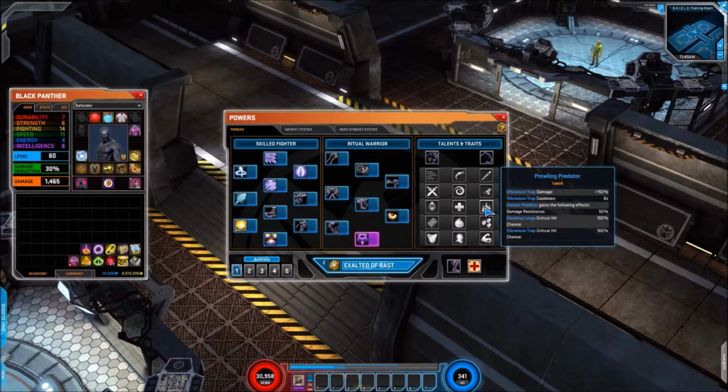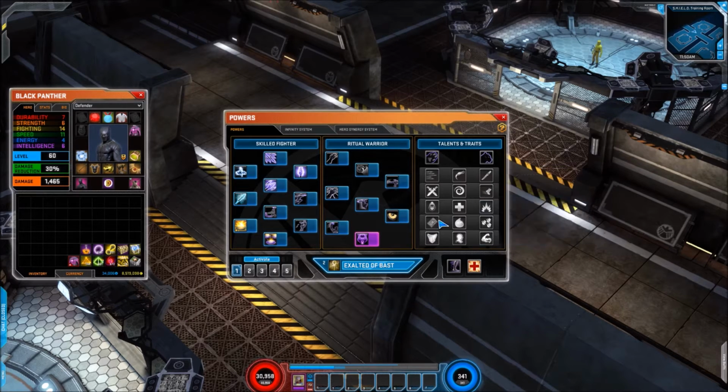And then finally in this line we have Prowling Predator, so this is the Agile Warrior build side of things again. Vibranium Trap gains damage, gains a cooldown. Unseen Predator gains the following effects: damage resistance, and also Slashing Lunge and Vibranium Trap gain 100% critical hit chance while that's active there. For talent line number 4 we start off with Patient Hunter, so Jungle Snare becomes ranged,